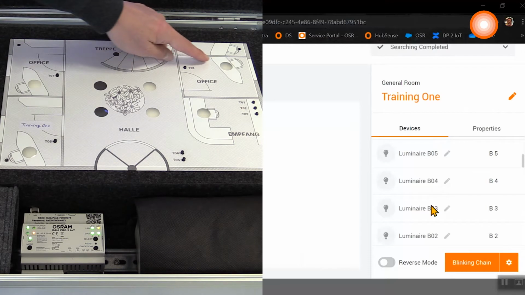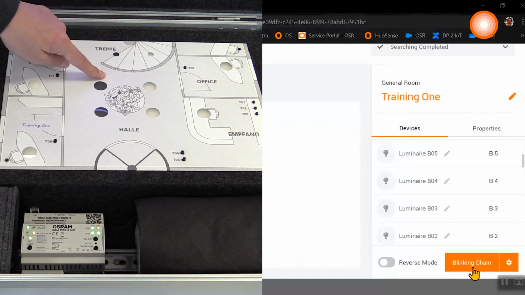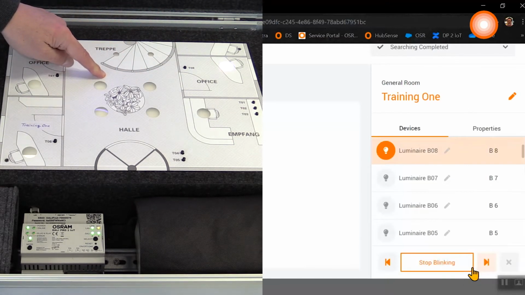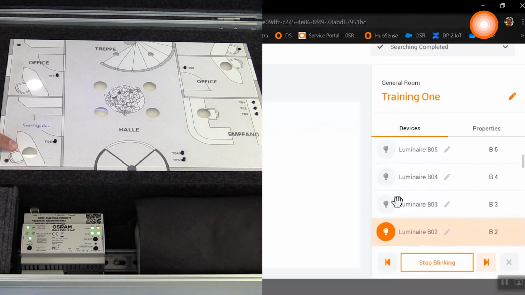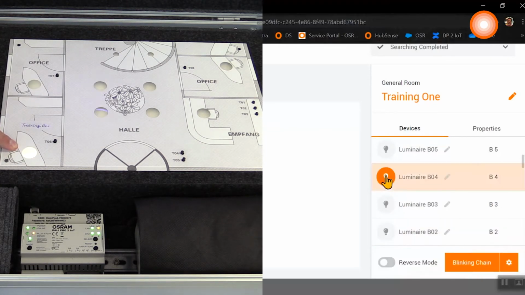Now, to identify all our luminaires in our project, we are starting the blinking chain. Now we have identified our training room luminaire, which has the number B4.